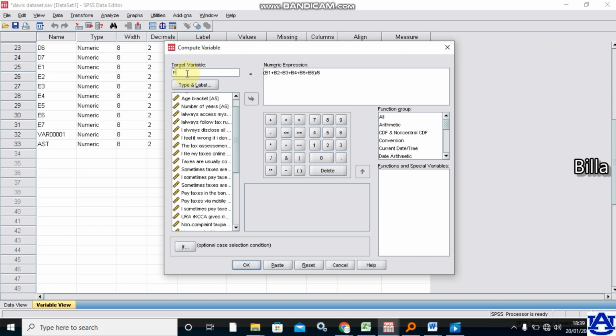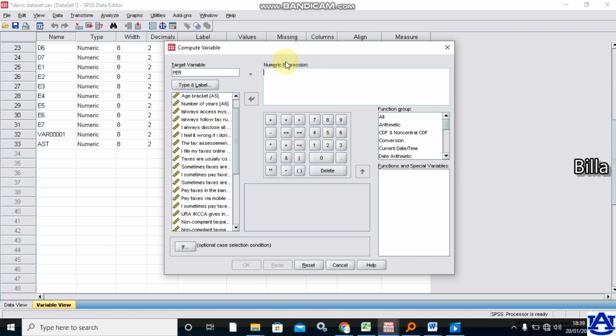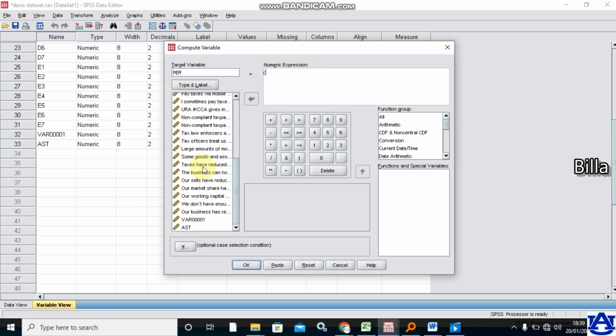Then I'll just do performance. Performance. Then this was the previous one. Now performance, as usual, I have to open my brackets, and then performance is our last one. It is actually E1